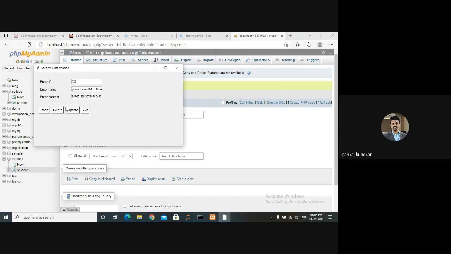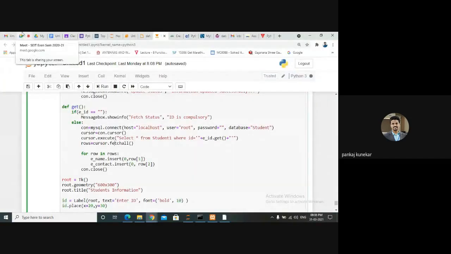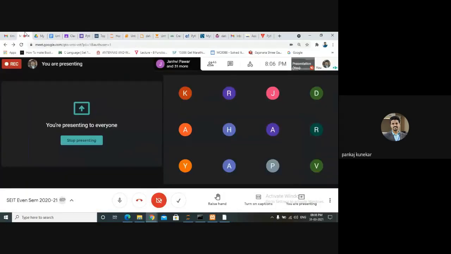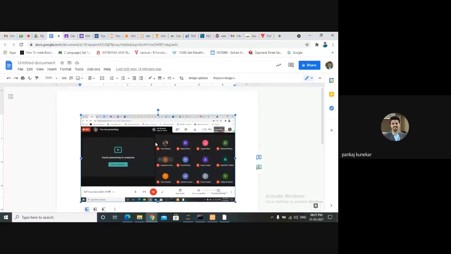So you can use this in your mini project. These are the basic operations. These CRUD operations are basic operations in Python or in any programming language. Whenever we talk about Java, .NET or Python, database handling is very important. But the basic operations are your CRUD operations: create, delete, update, and retrieve.